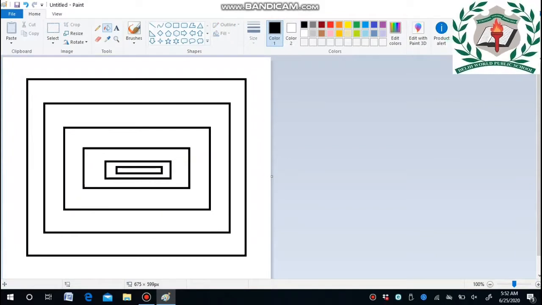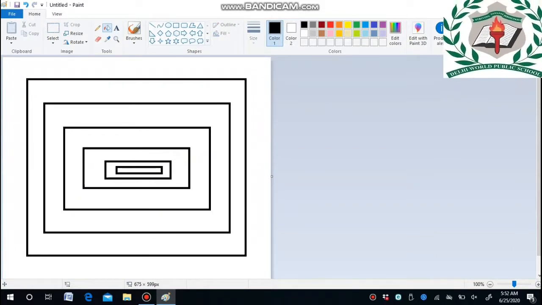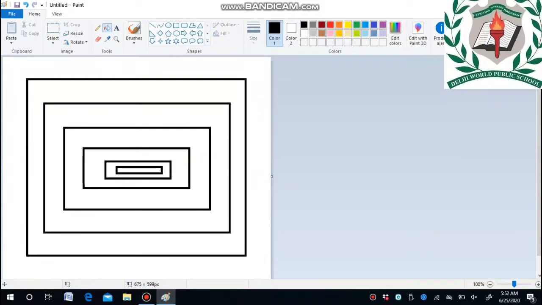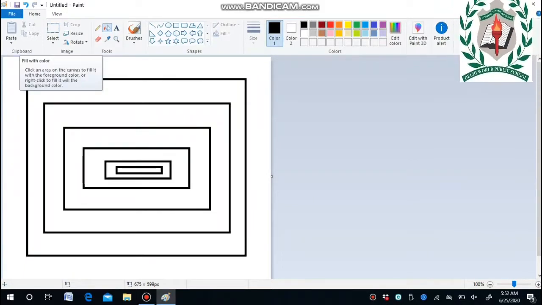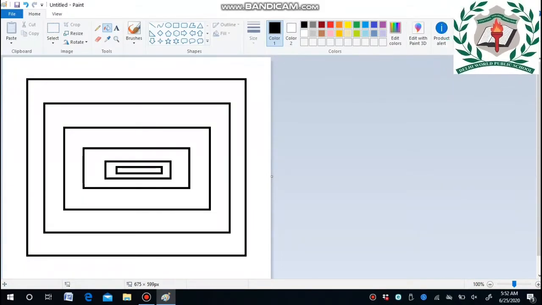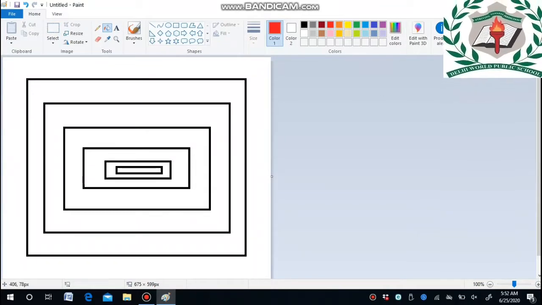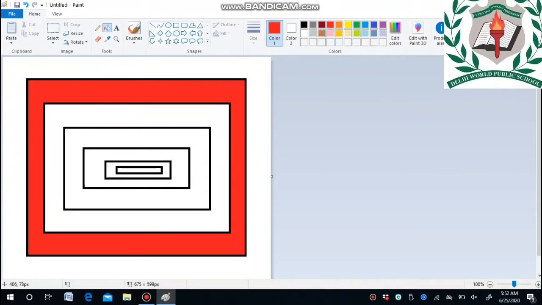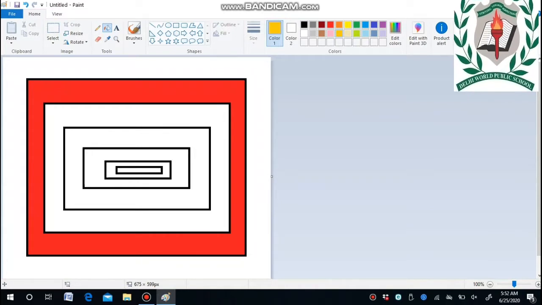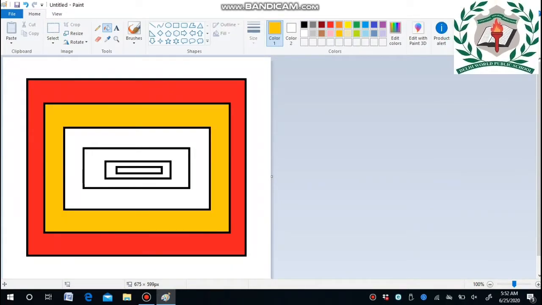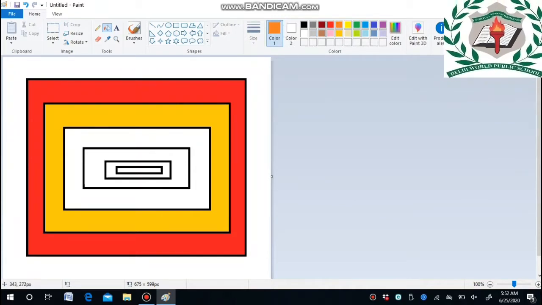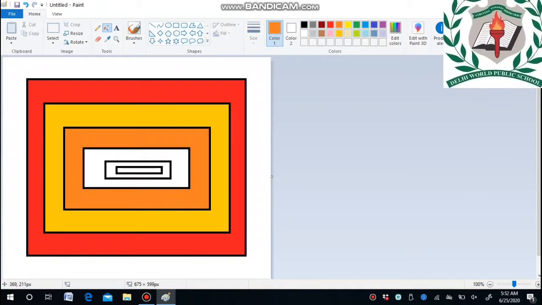Now I just want to fill color in those shapes. I just want to click that backdrop color, that canvas, that bucket icon is visible there, right? You may just click it and then color. I just click the red color. Yeah, the first layer is filled, and the next yellow, second layer. Yeah, good. And next orange.